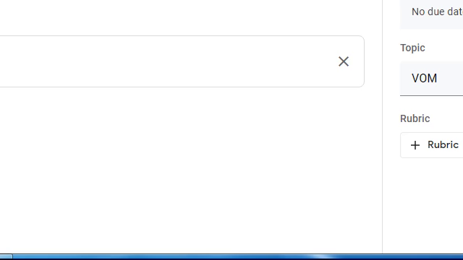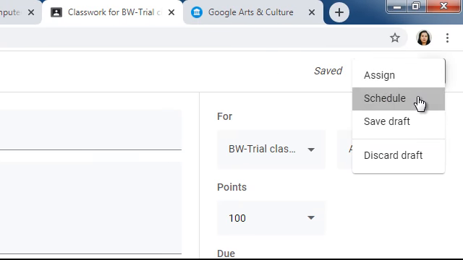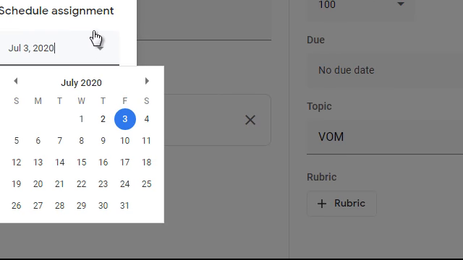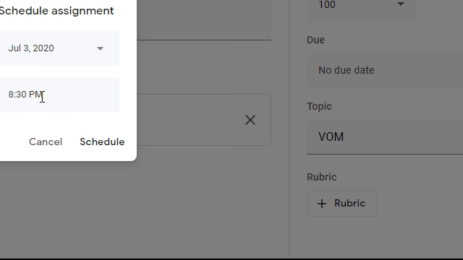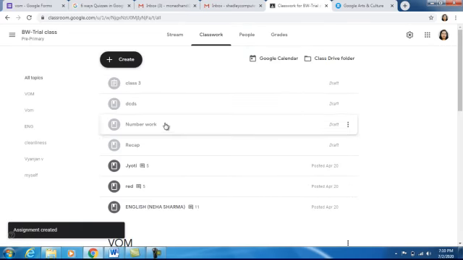Assign means if you want to send the Google form the next day, you can click on schedule and select the day when you want to send it and the time at which you want the students to get this form, or if you want students to receive this worksheet immediately, you can assign. Click on assign. Now that form has been assigned to the students.